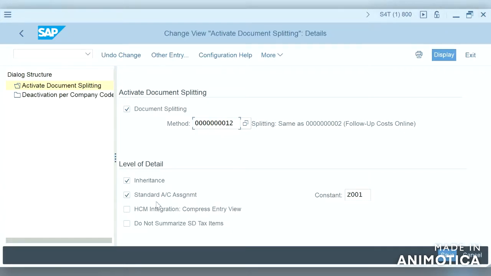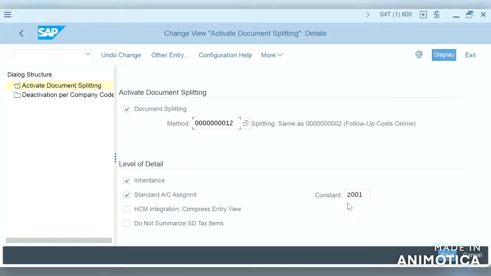Standard account assignment means it will set the standard account assignment for non-assigned line items.